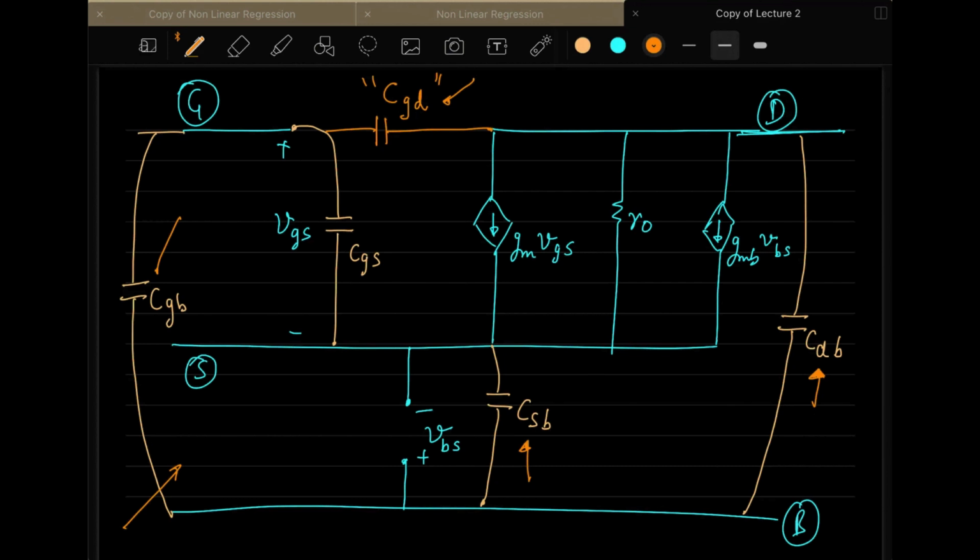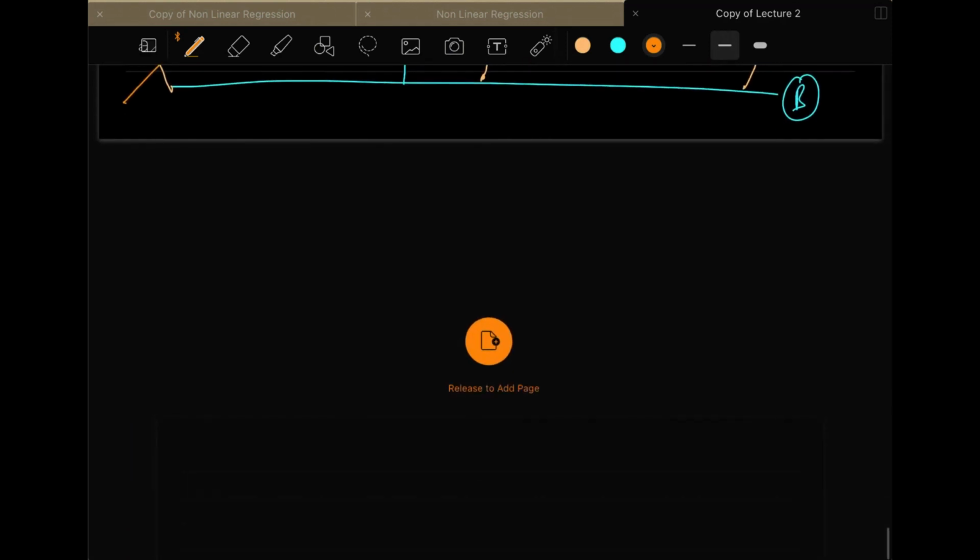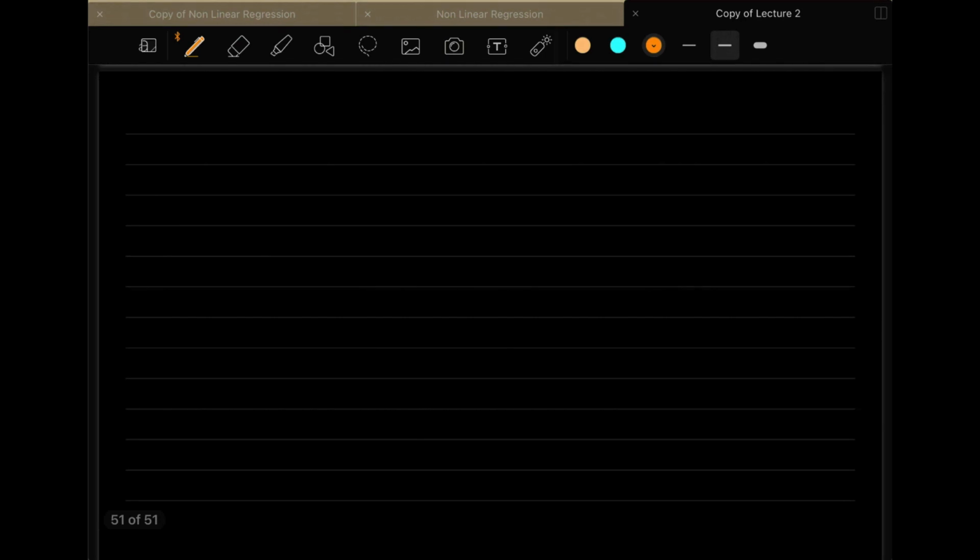And it will not be only blue circuit, it will include the capacitances also. So this is the complete diagram for the MOSFETs. So this completes the MOSFET understanding. So today I will just cover some basic questions related to the MOSFET, and then in the next lecture we will start the frequency response, or the gain and small signal gain and all that type of stuff for the MOSFETs.